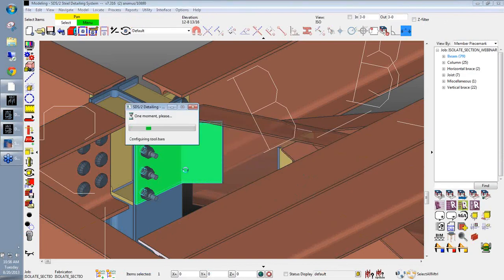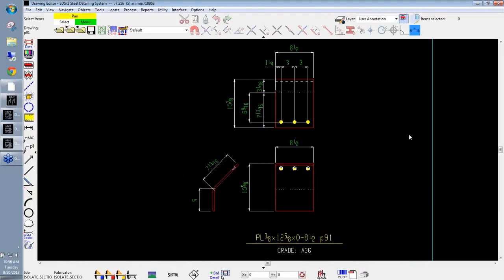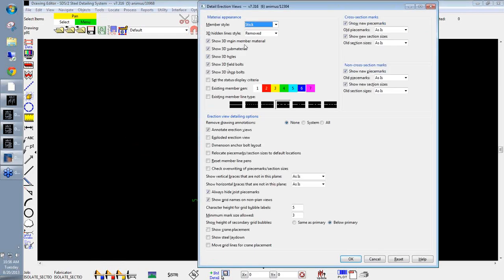So remember, I deleted the cross-section view in modeling that I had created previously in Drawing Editor, and now it's gone. Okay. Finally, the last thing we're going to touch on here this morning is cutting section views on an erection view in Drawing Editor. So if I do need to actually detail an erection view quick,